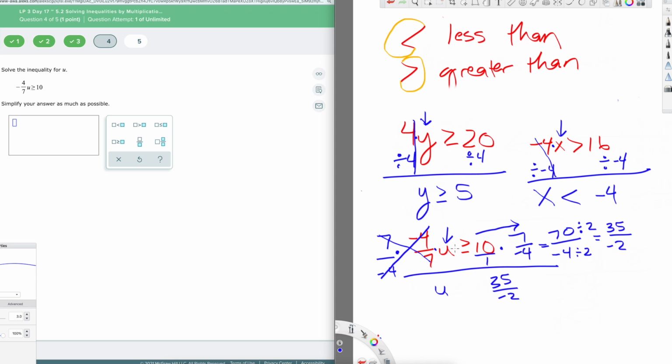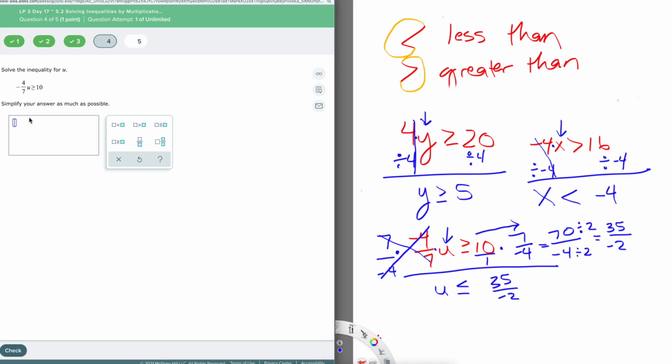But remember, I multiplied by a negative number. Even though it's a fraction, I'm still multiplying by a negative number. So this is going to flip around. It's not going to be greater than or equal to. It's going to be less than or equal to. So u is less than or equal to